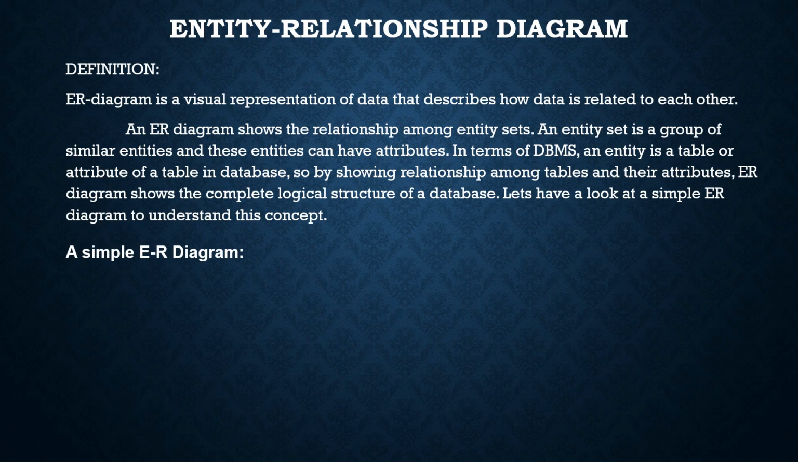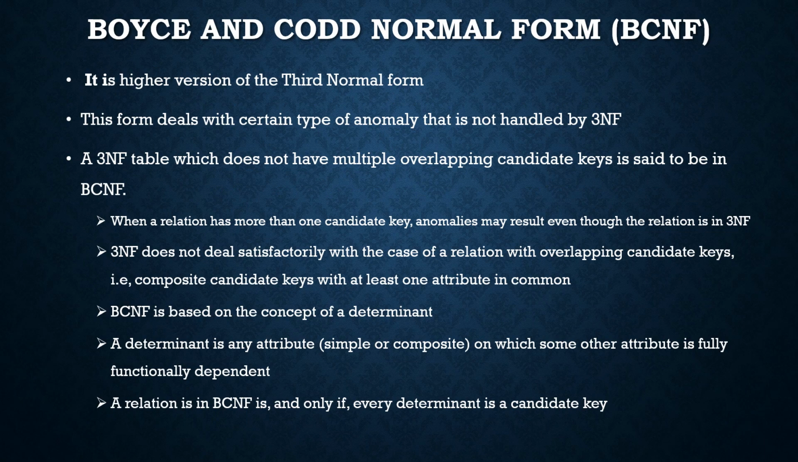Okay, these are about Boyce-Codd Normal Form, BCNF. This is very important for your examination purpose. You can expect this question: what do you mean by Boyce-Codd Normal Form, or what do you mean by first normal form, second normal form, third normal form. You can expect this as a 3 marks or 5 marks question. So it's very important. Next, we'll move on to the next concept,